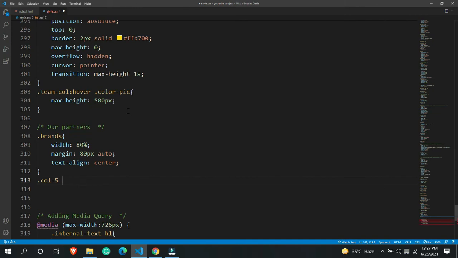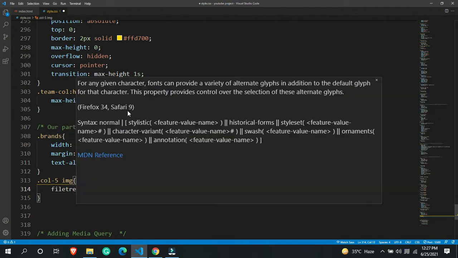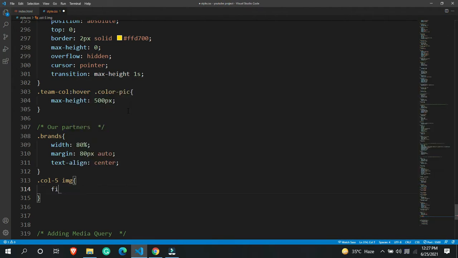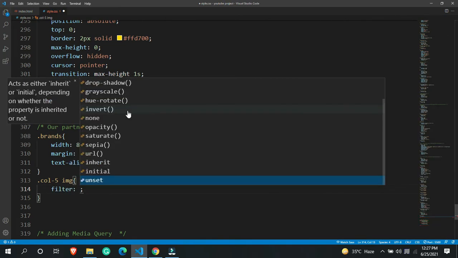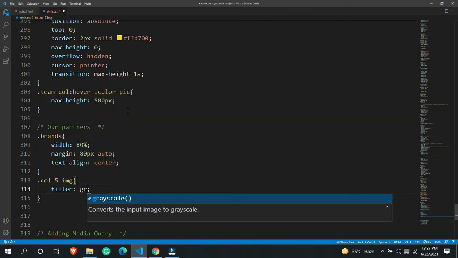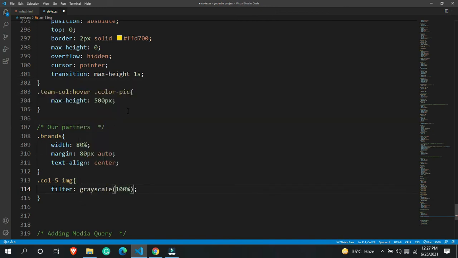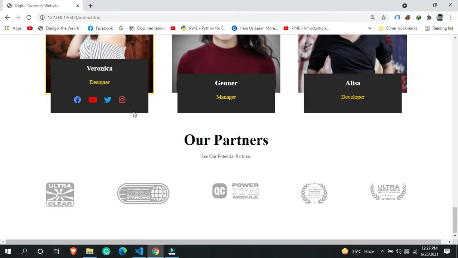So target the image, and before doing anything let's filter it. I want to say grayscale, around 100%, and that's it. After that you are seeing that we are getting all of these things over here.